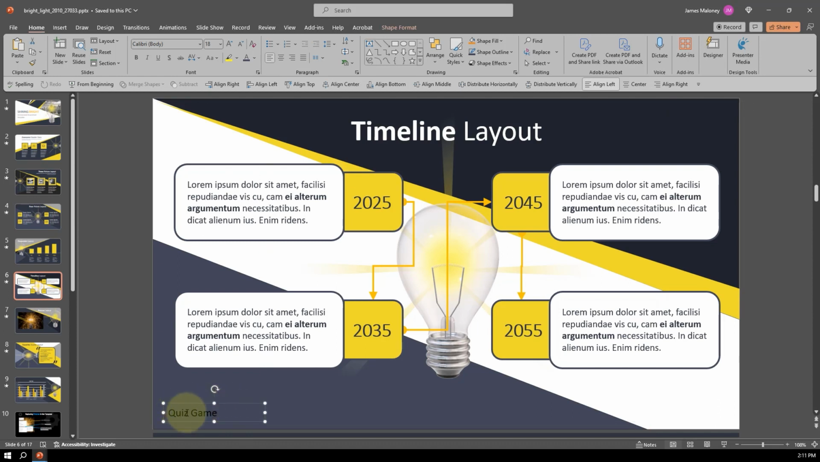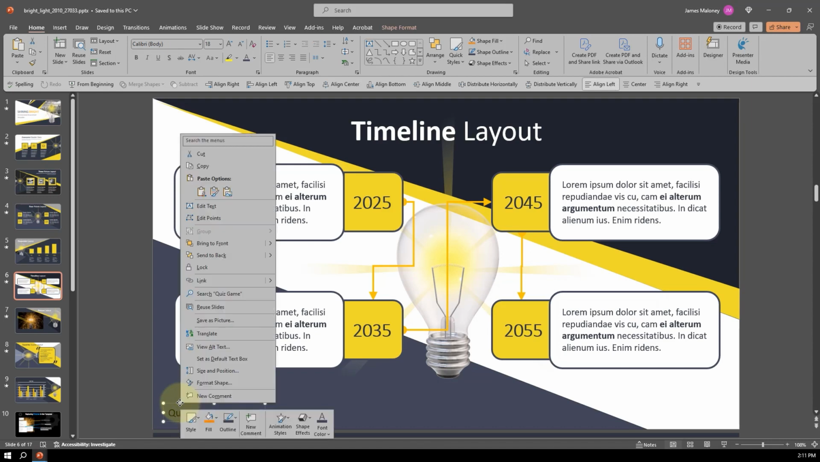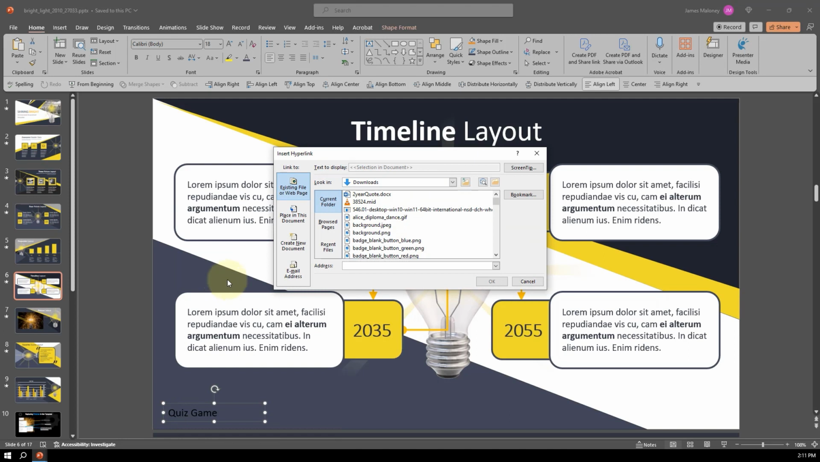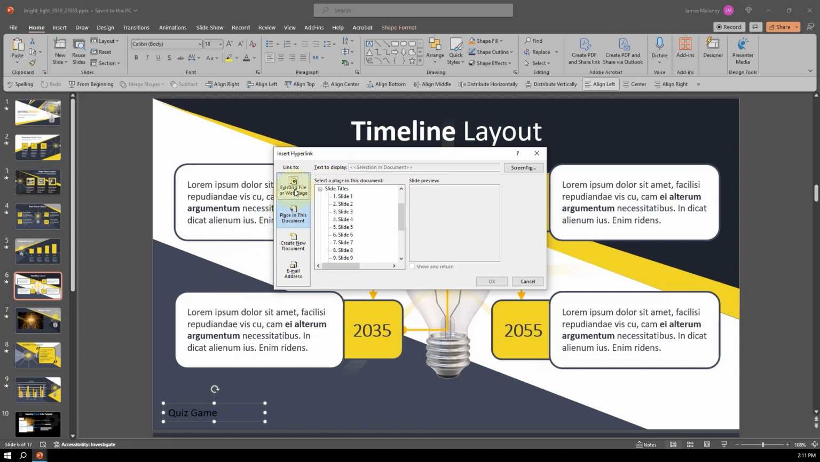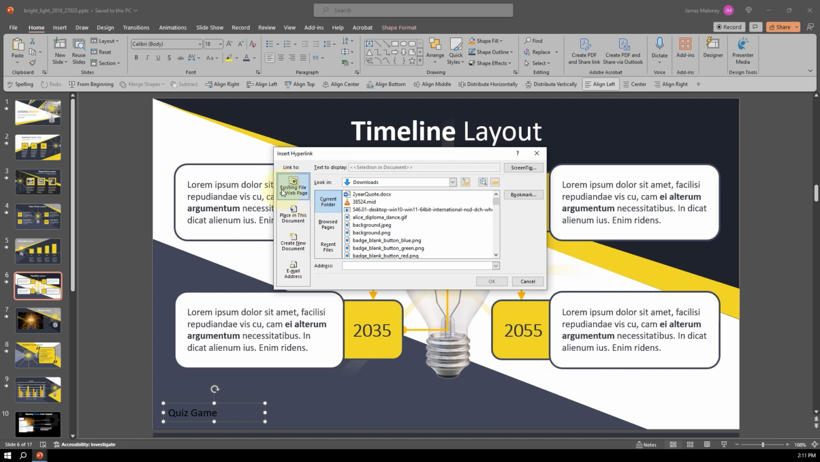Okay. So this will also work with a shape or something you want to use other than a text box. You can use an image if you want to use an image. But it all works the same. So just right click on that and go up to link. Click on link,